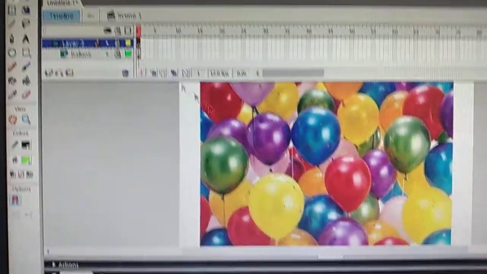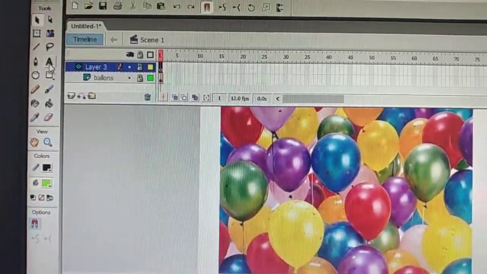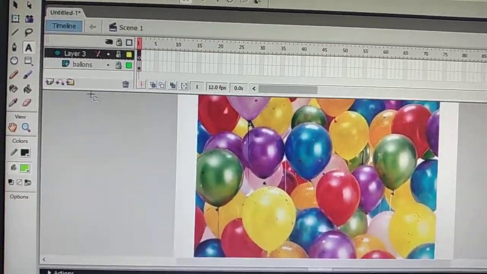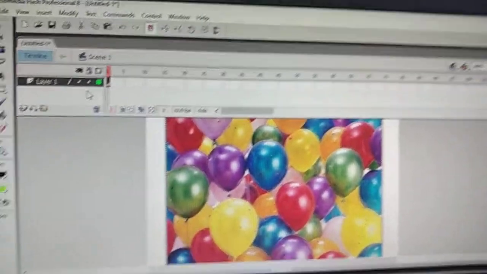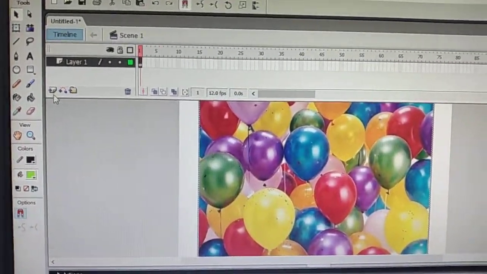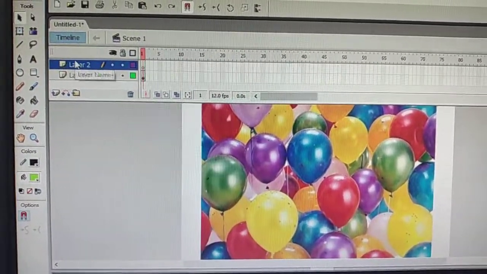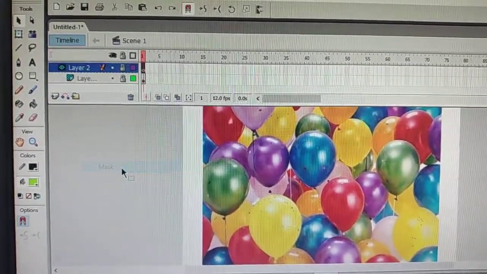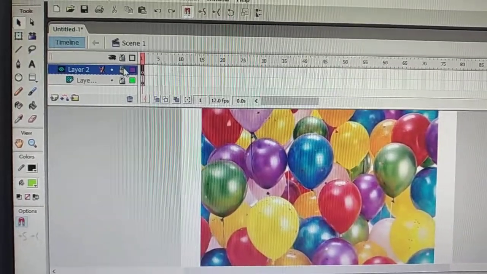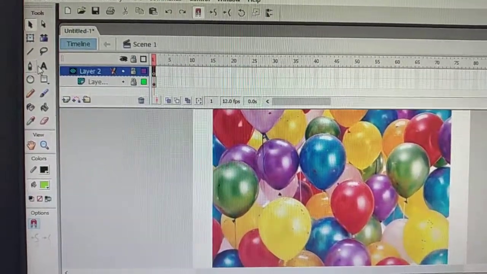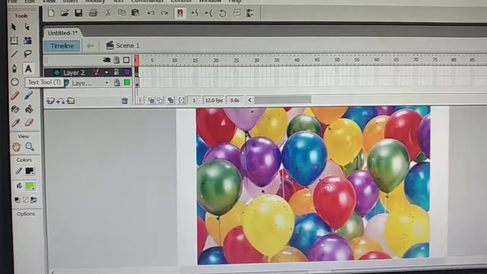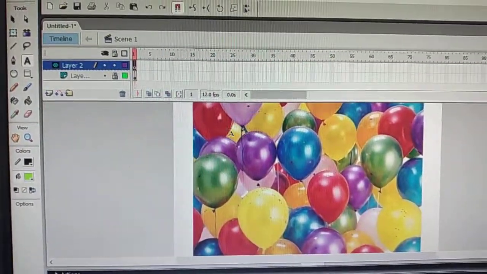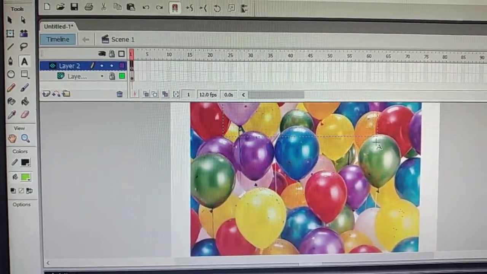After that, add text on this layer. I am going to add the text on this layer. So students, see again, you have to add another layer. This is the layer. Okay, right click on this layer, click on the mask option. This layer is locked now. When you add the text, nothing happens. So you have to unlock this layer, then add the text box.